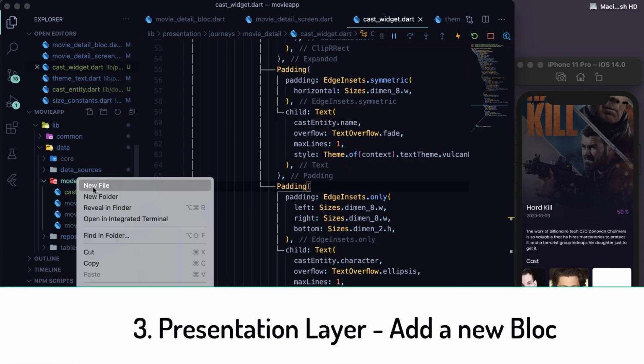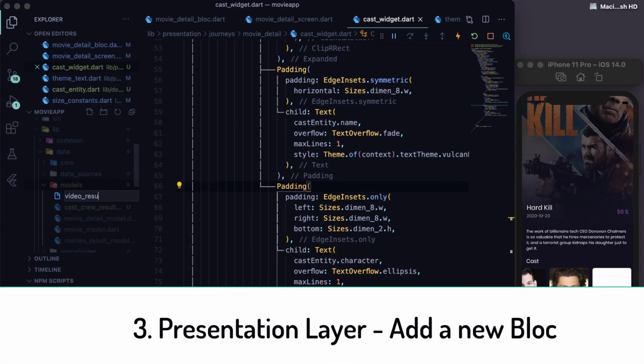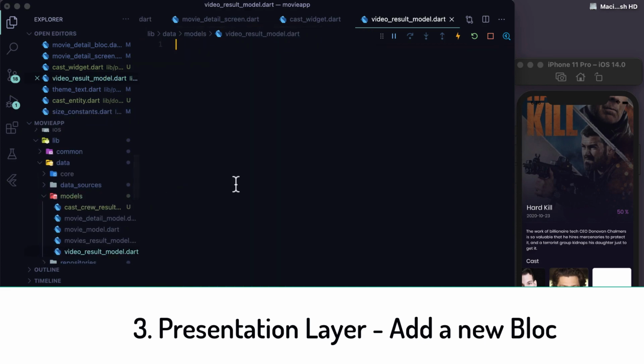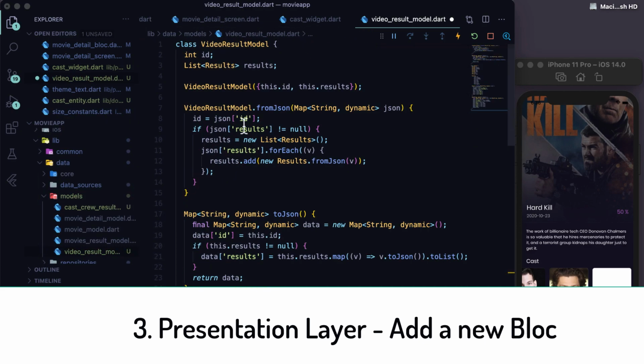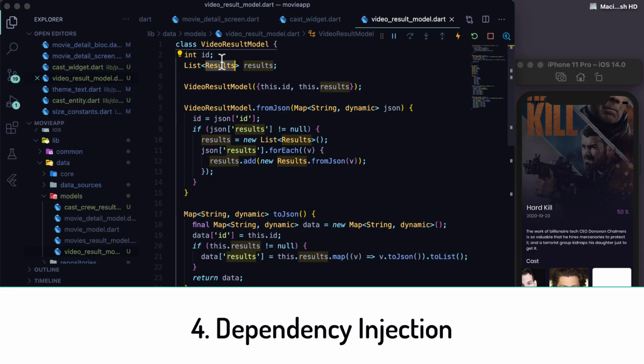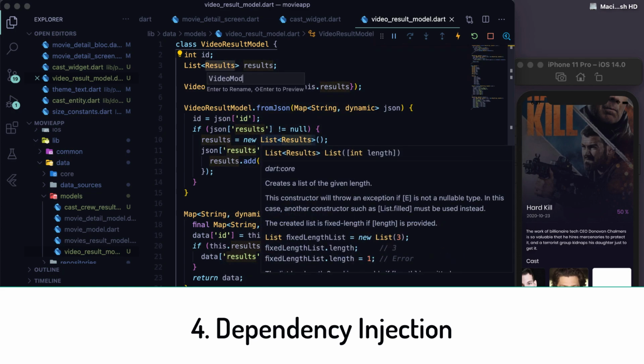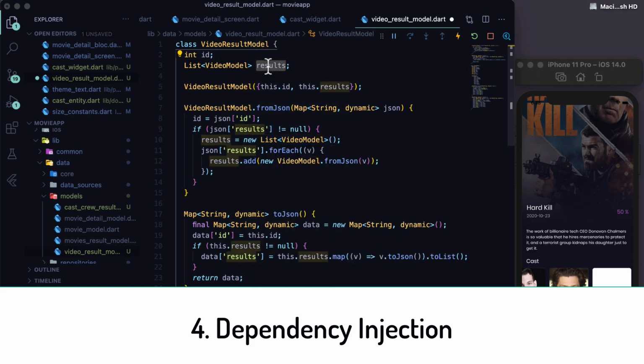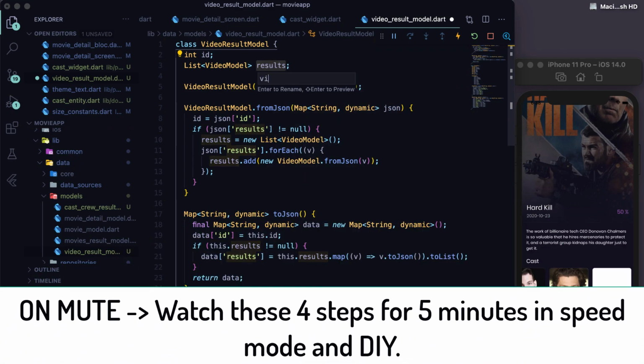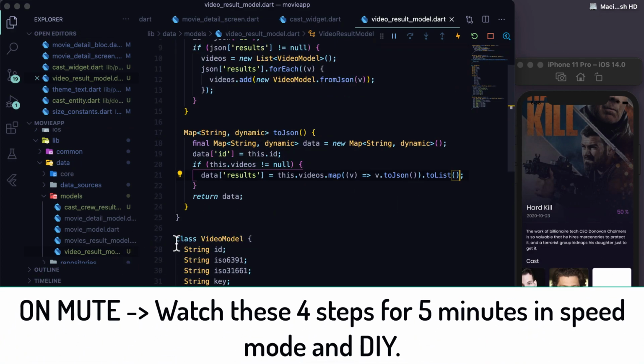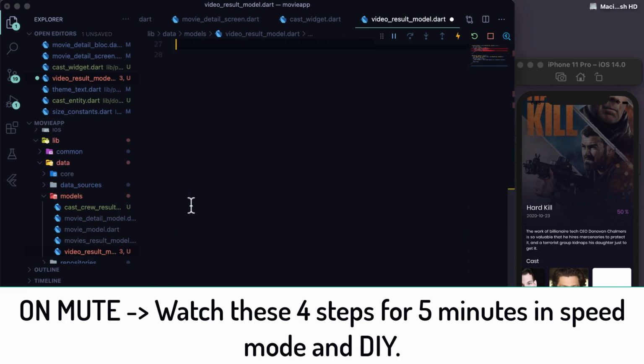In the presentation layer, create a new block and call the use case. Not repeating the steps in this video, you can always refer to the GitHub repository. One thing that you must know about the response of the video API is that the TMDB uses YouTube videos, so we will get key as the YouTube video ID and we will use that.